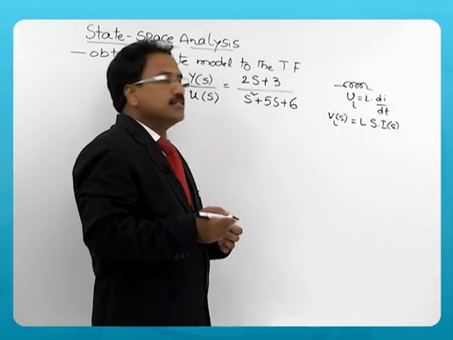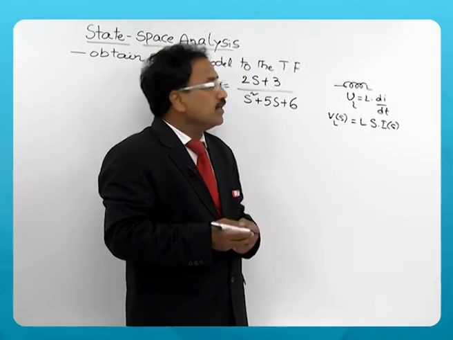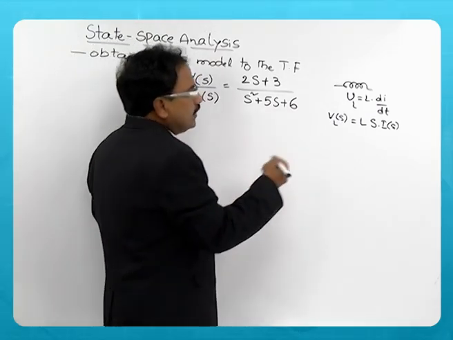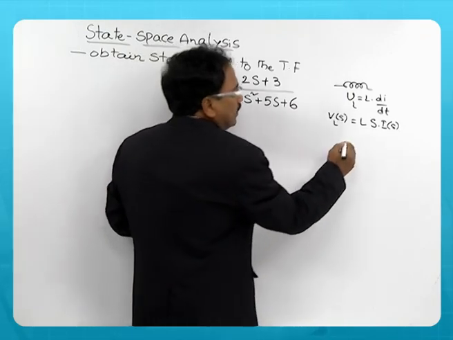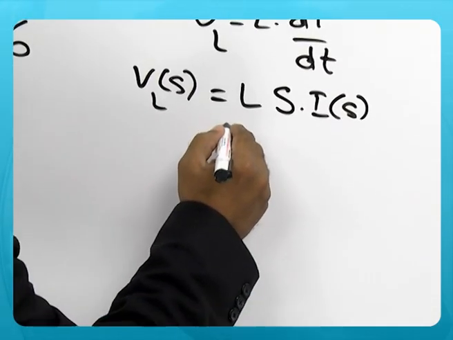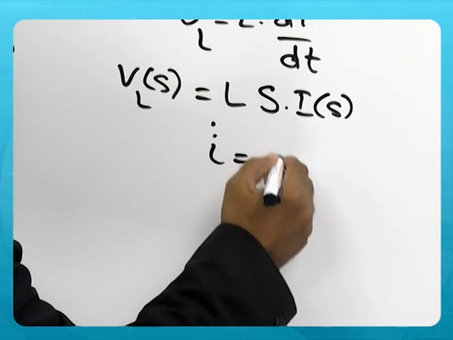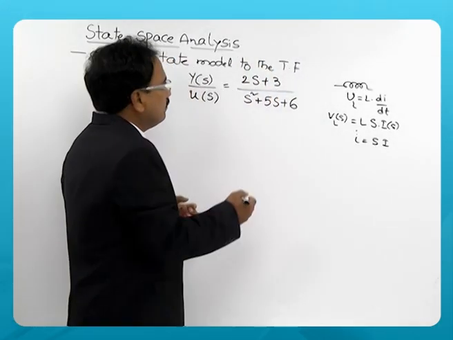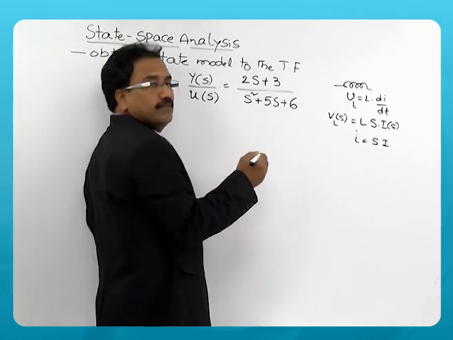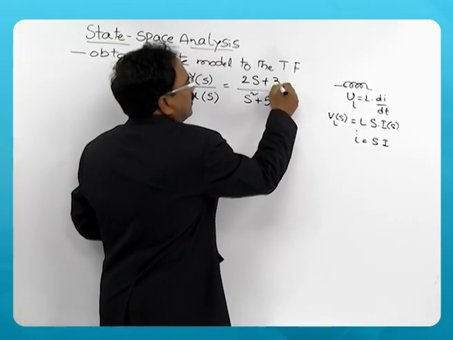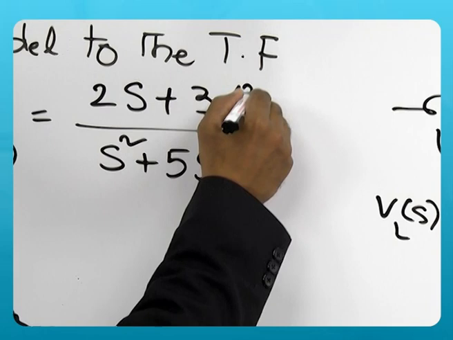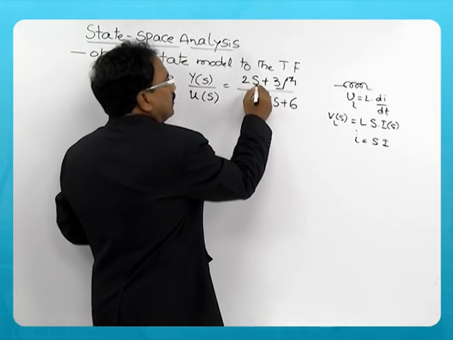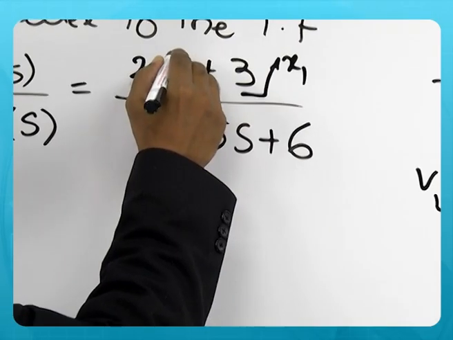So d by dt is replaced by S, and in this case when you see here, differentiation di by dt is nothing but I dot. So I dot is nothing but S into I. In a similar way, when you see here, there is an S here. So for this 3, you consider 3x1, one of the state variables, and this S is given by